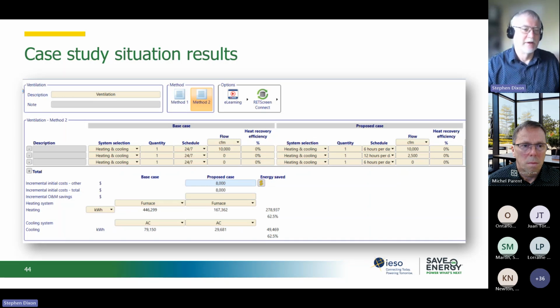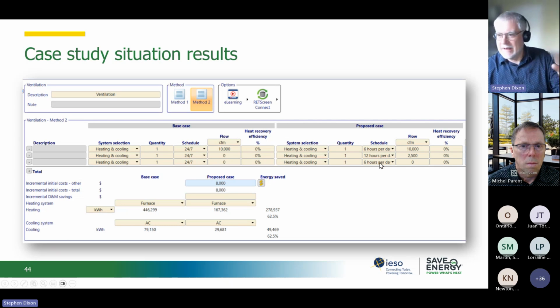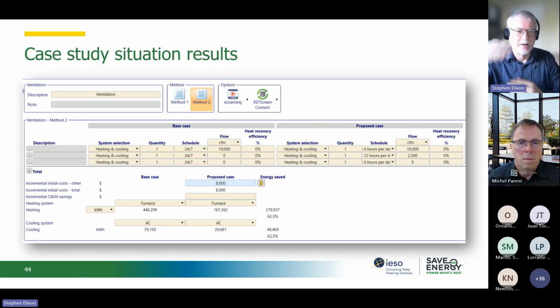And it's pretty straightforward, right? We're going to be using the schedule for the building, which would be 24/7, whatever that schedule is. And then we would move over to a schedule which would have the same temperatures, but it would simply be, and I don't have the schedule up here, it would simply be the hours. So we would change the hours in that schedule. Same temperatures being the rest of the building, but the hours per day, 6, 12, and 6, depending on the